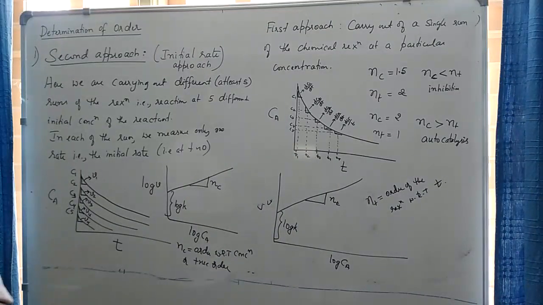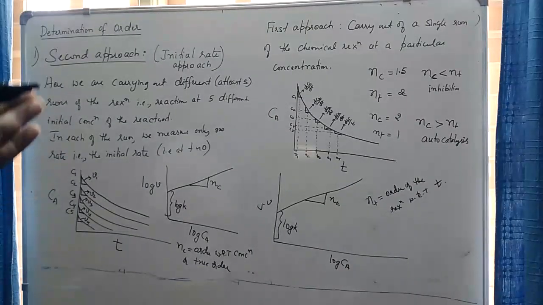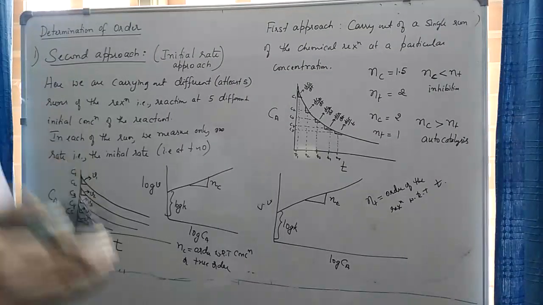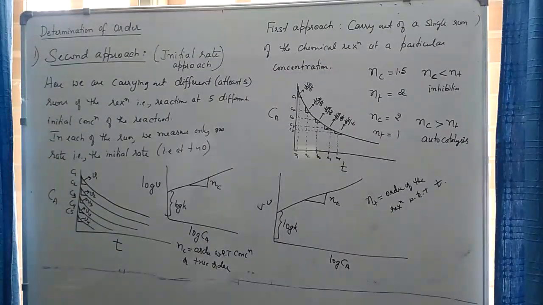The reaction should have completed at the 50th second, but the reaction has completed at the 15th second. So at the 15th second, how should the rate have depended on concentration? The data that we should get at the 50th second, we are getting at the 15th second. So we are assuming that we are measuring the correct rate at the 15th second, but actually we are measuring the rate that should have been at the 50th second. So that clearly indicates that there is autocatalysis.